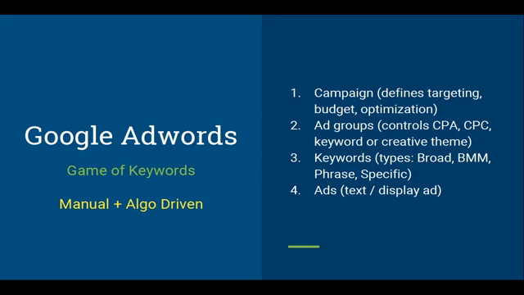So Google AdWords is essentially a platform that helps you reach out to those consumers who are searching for something specific, right? They may be searching for it, they may also be reading content around that topic, right? So those are the two places that you can reach out to using Google AdWords, right? Google AdWords is essentially a platform that is mostly manual, plus there are some algorithms that Google has brought in recently, right? What I mean by manual and algo driven essentially is that in Google you need to tell Google that this is your budget, this is your bid, these are the set of keywords that you're trying to target, right? And this is the page that you want to take them to, right?